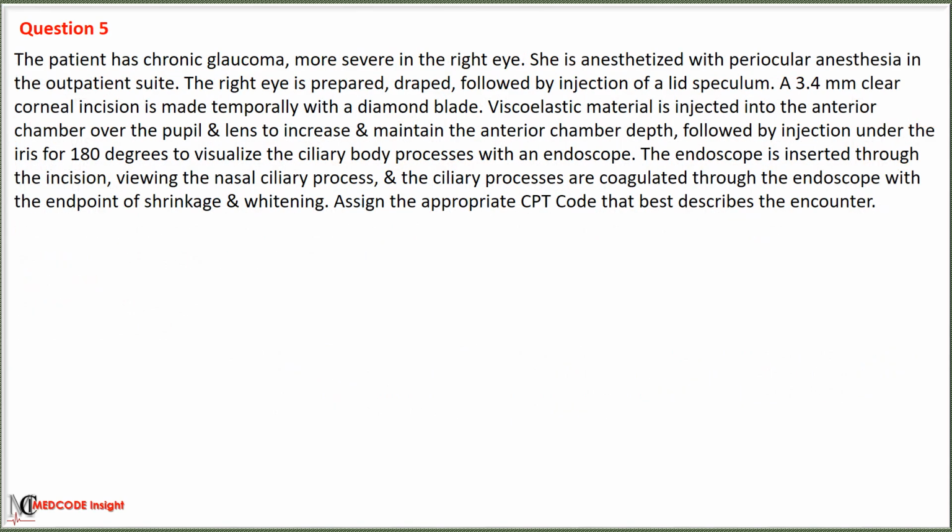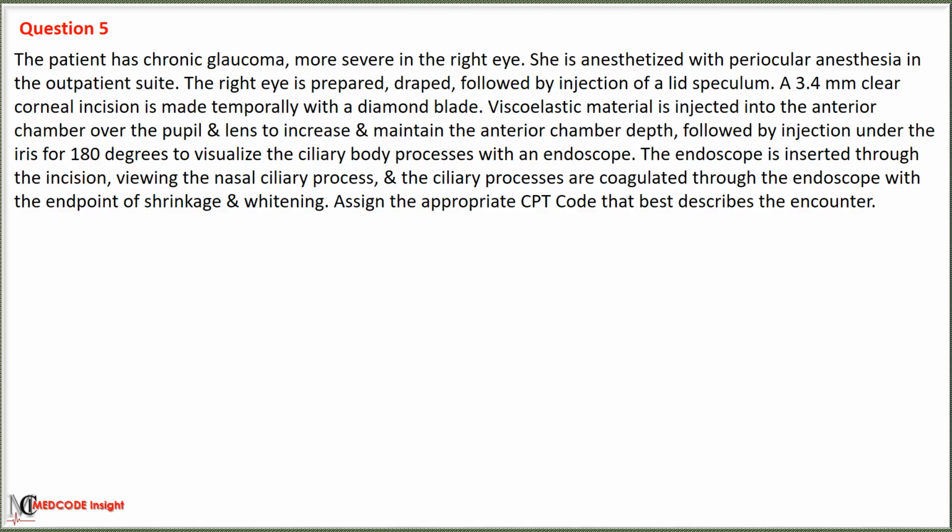The patient has chronic glaucoma in the right eye. She is anesthetized with peribulbar anesthesia in the outpatient suite. The right eye is prepped and draped, followed by insertion of the lid speculum. A 3.4 mm clear corneal incision is made temporally with a diamond blade. Viscoelastic material is injected into the anterior chamber over the pupil and lens to increase and maintain the anterior chamber